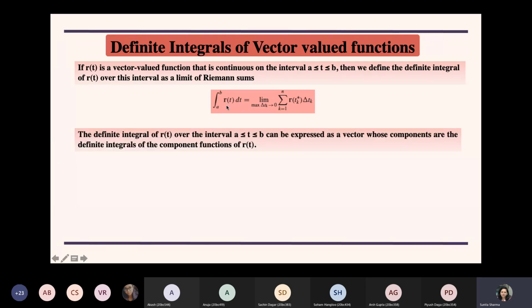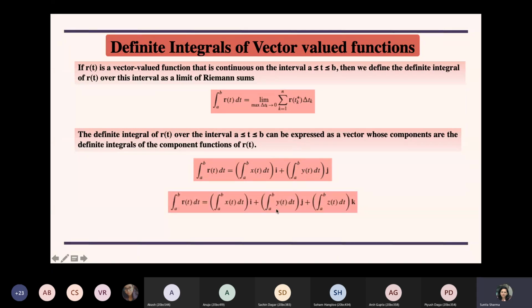So the same concept of the usual integral of real valued functions, we are going to extend to vector valued functions. And it is again, as I said, expressed component wise, the way we have done it for derivatives and limits. So you can integrate the components separately, and then you can give the total integral of r(t) as the integration of the x component with respect to t, the i component basically, and the integration of the j component with respect to t. Similarly, you can do it in three dimensions.